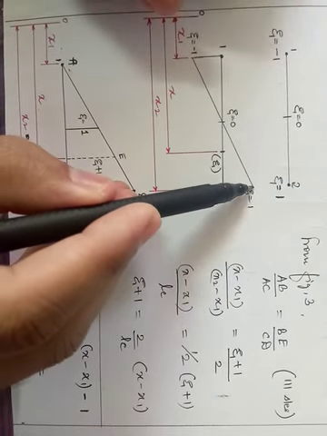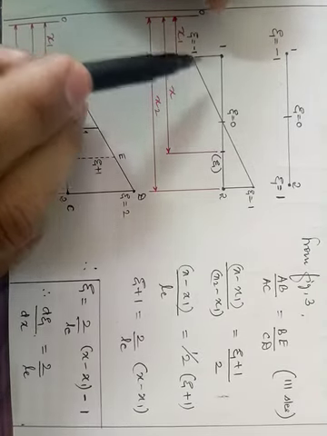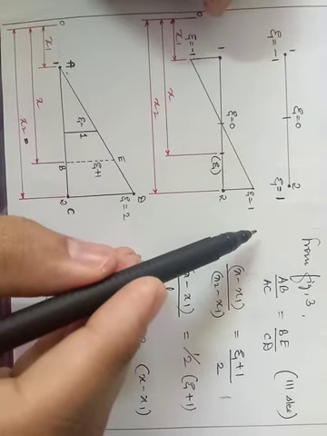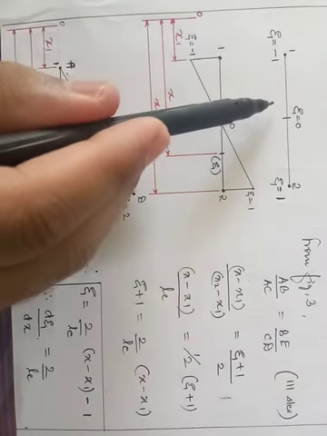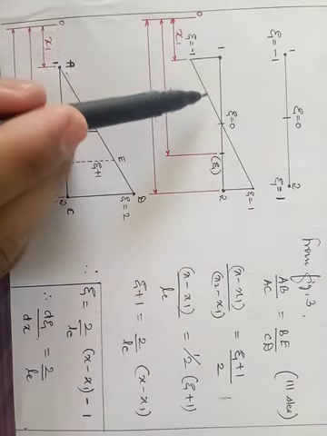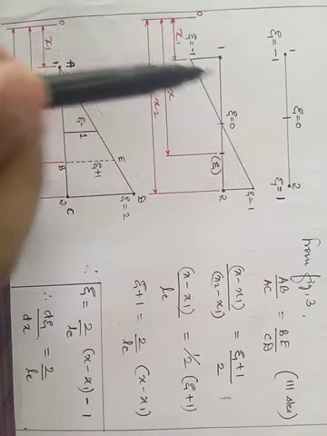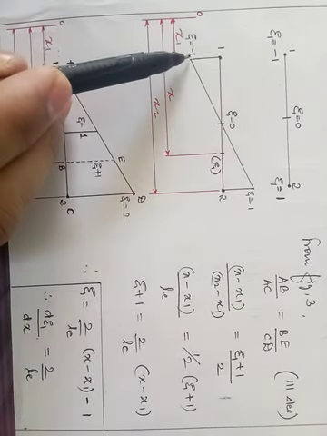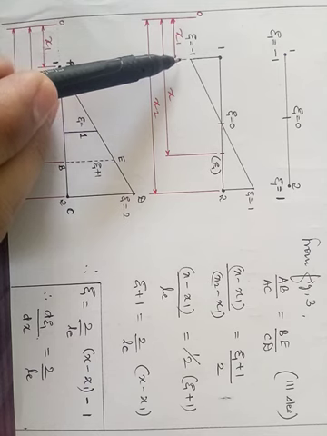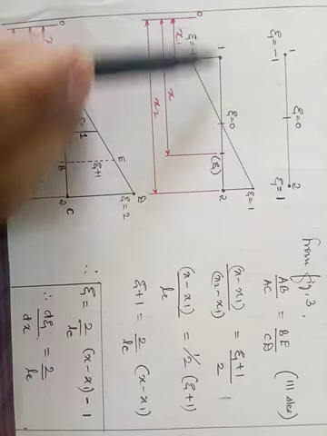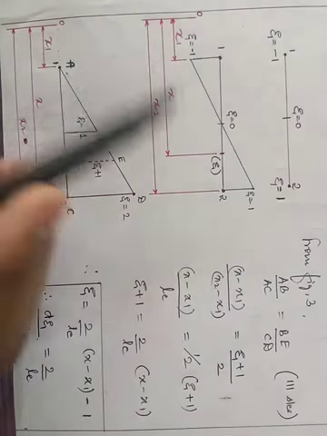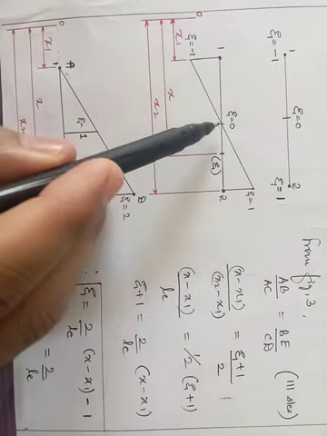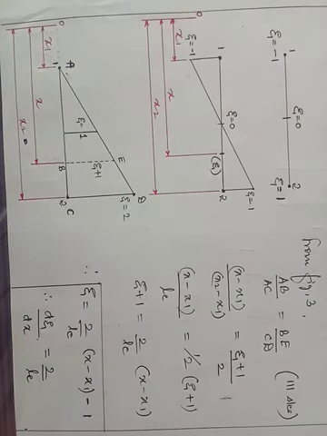So at this particular point zeta is +1, at this particular point zeta is -1. Now I will be joining this such that it passes through the center 0, right? So that is the second diagram. What I have done in the first, it is just a pictorial representation. In the second, whatever I have represented, I have quantified it. So here if it is -1, I have shown -1 with a negative unit because it is below the x-axis, right? And here because it is positive above x-axis, I have shown zeta as +1, and I have connected these 2 points such that it passes through the center zeta is equal to 0.